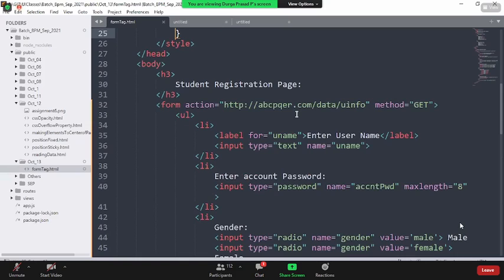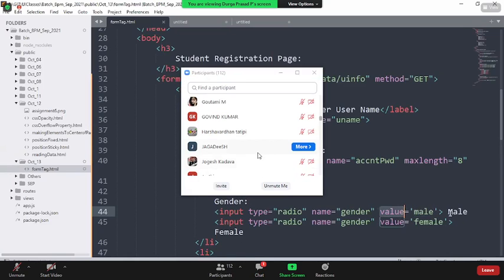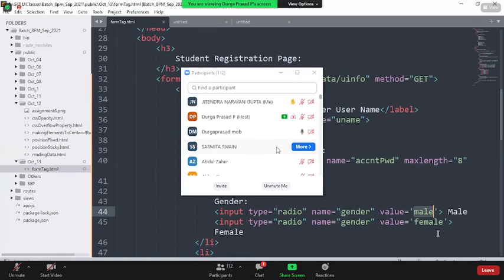Okay, sir. So for gender, you gave the value as male also. Yes, because if we don't specify the gender value, it will only throw you a message called on or off. On indicates that a button is clicked. But when I have two radio buttons, if you get a message called on, how do you know which value got clicked, either male or female? That is the reason I'm putting a value, so that anytime the user clicks on gender, the name gender will have the value male or female.